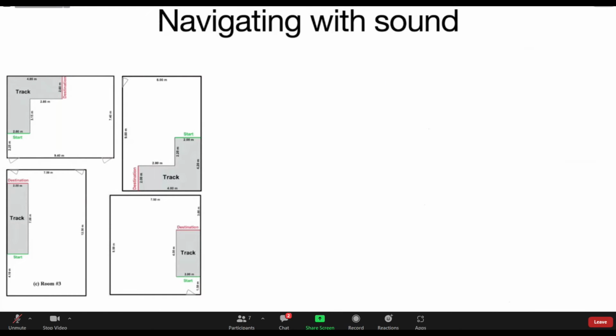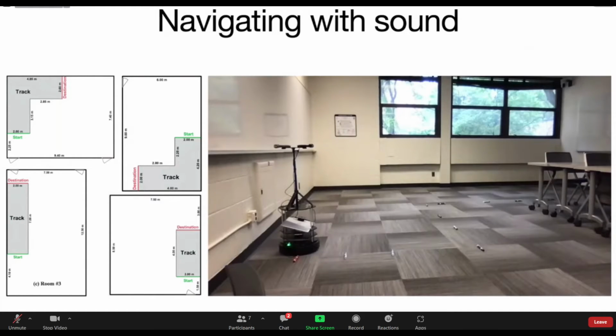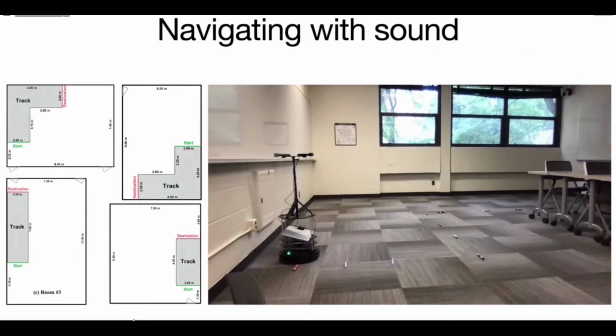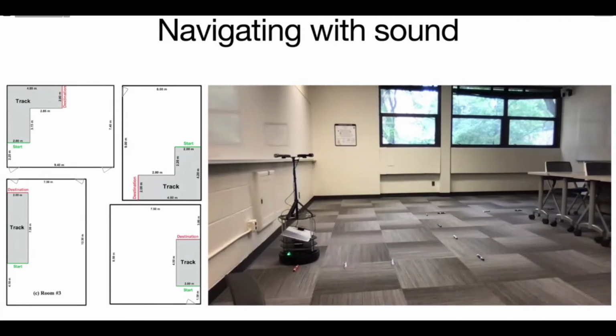We run the robot to navigate along the wall using the ambient sounds on different tracks. Here's a demo video of the robot running on different tracks. The controller of the robot is very simple here. It's just a P controller that drives the robot closer to or further from the wall according to the prediction.